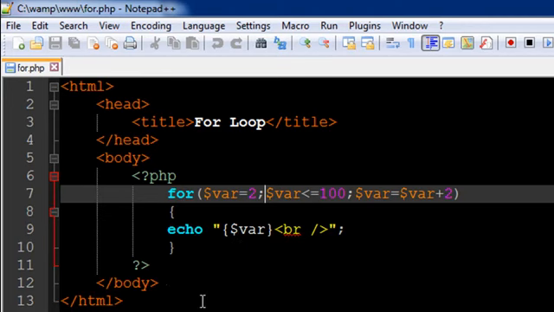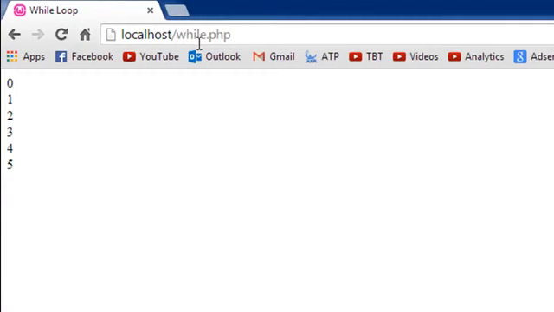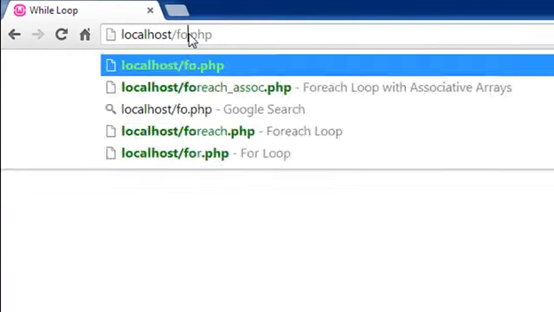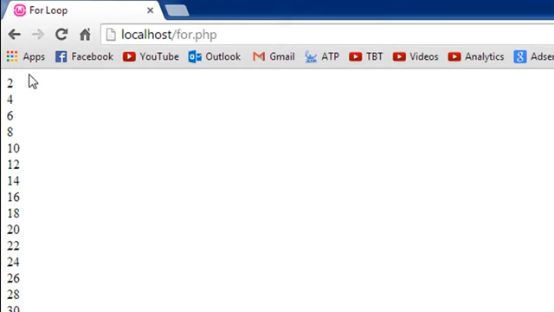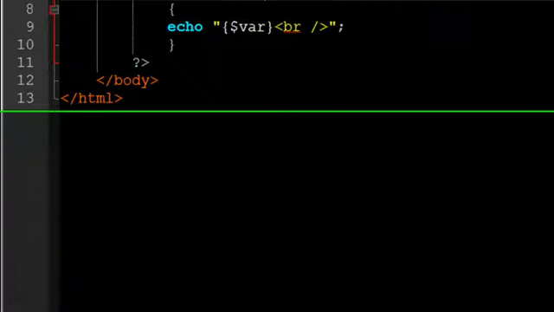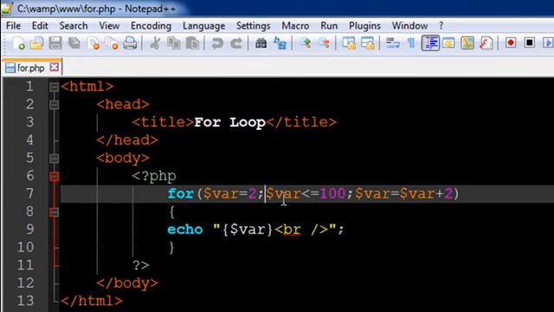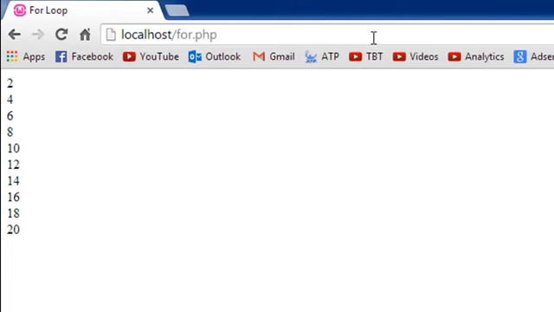And let me show you guys the output of this file. I'll go to my browser and request for for.php, and there we go. We see numbers starting from 2, which is the initial value of the variable var, the control variable for the loop, till 100. And that's because the test condition that we have here is $var is less than or equal to 100. So if I would change this to let's say 20 and save the file and execute it again,